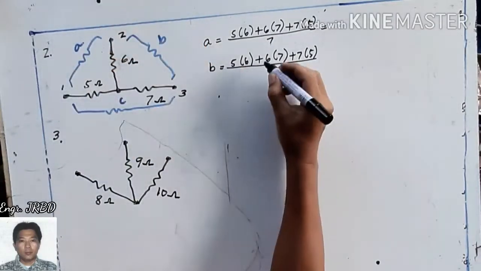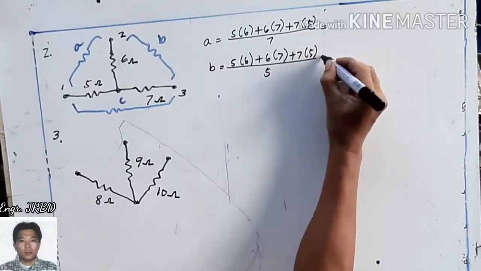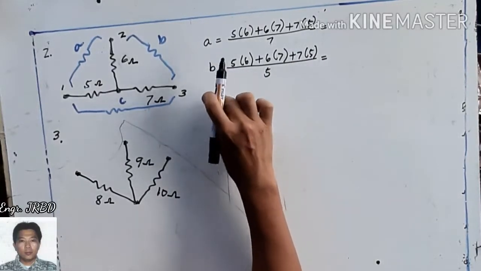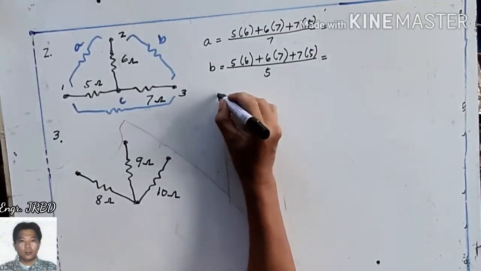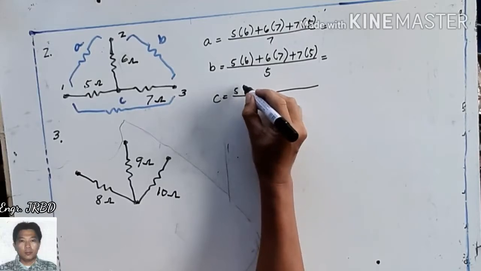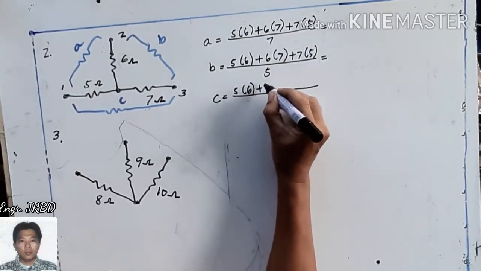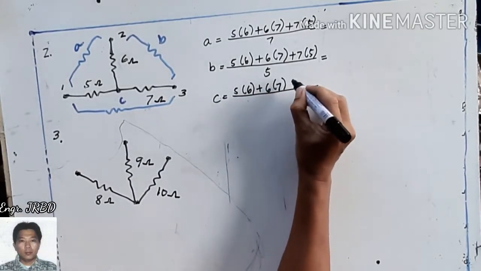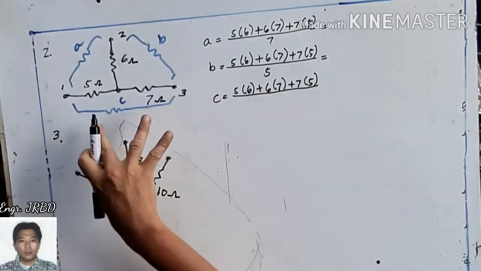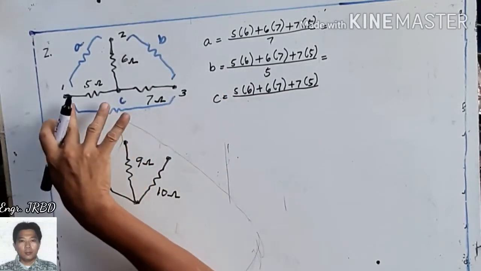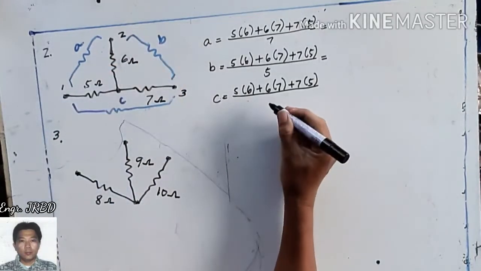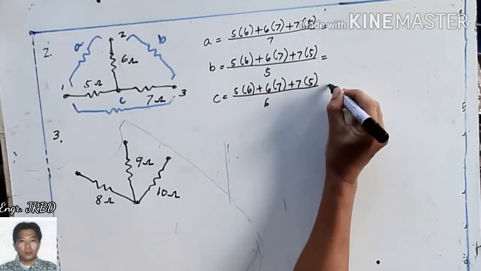The opposite leg is 5 ohms. Next is the resistor C. Same numerator, 5 times 6 plus 6 times 7 plus 7 times 5 divided by the opposite leg. We have used legs 5 and 7. The third one is not used, so this is our denominator. Computing,